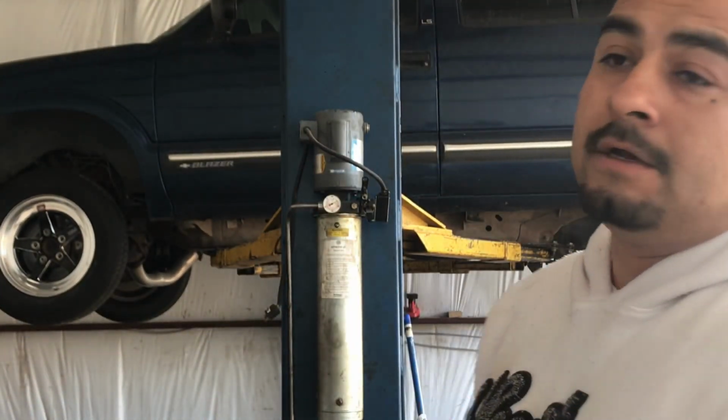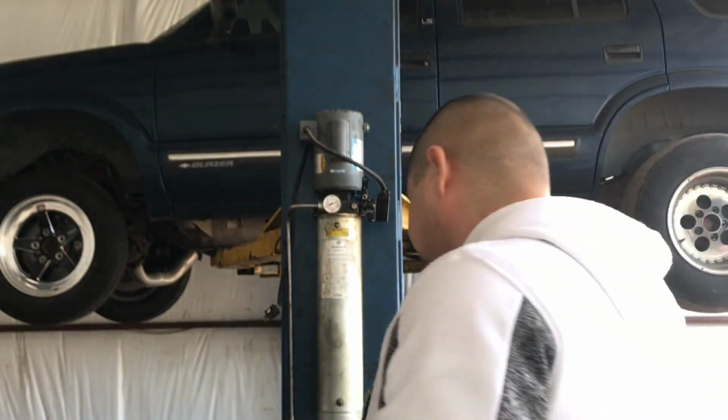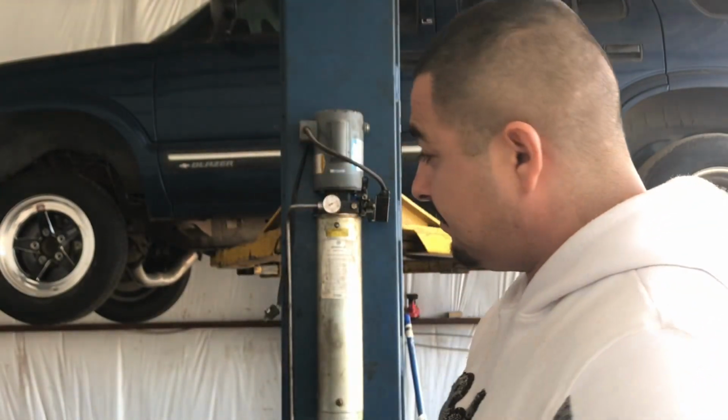I was running a 100 blend with E85 fuel on it, and the day that I went to Austin to race, my connect that gets the good stuff, the 100 race fuel blend with E85, wasn't here. So I stopped in Lubbock and got some E85 from the pump there, and it ran good the night before. But I think the reason it ran good the night before is because I still had some fuel from that 100 blend. By the next day, I filled it up again with that other fuel, and first round I blew the damn head gasket. So it was a kind of shitty deal, but